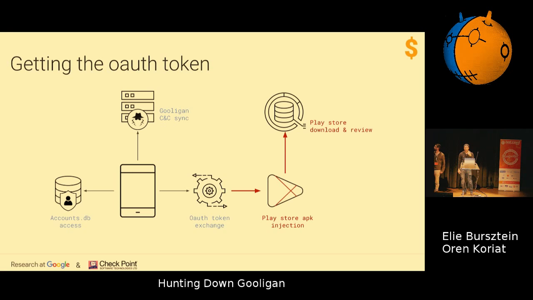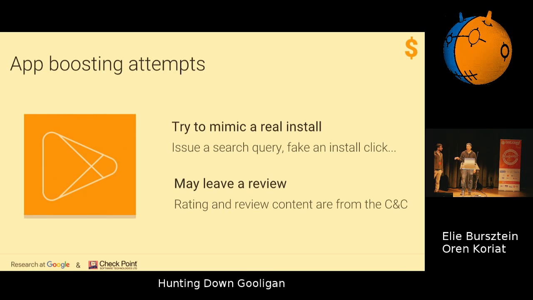And then with that, when they have this information, they actually use injections that were described by Oren to instrument and make the Play Store inject the search query, as the user would do, go to the app, pretend to click on it, and then install the app with a package manager, which is standard on the Android platform. And then optionally, sometimes they would add a rating, like 5 out of 5, great app, or it might be in other languages, and they will do that quite a bit. So that's basically how it worked, and that's how they were using the OAuth token.